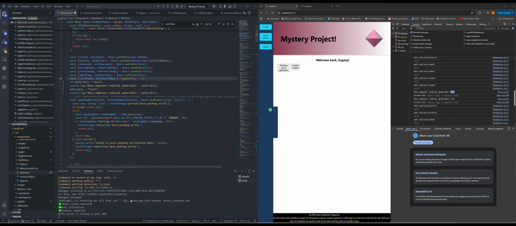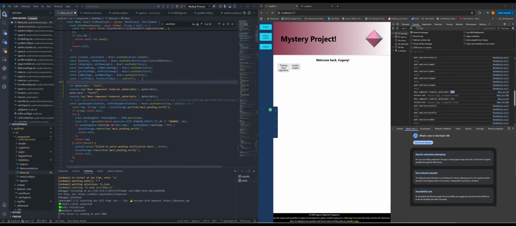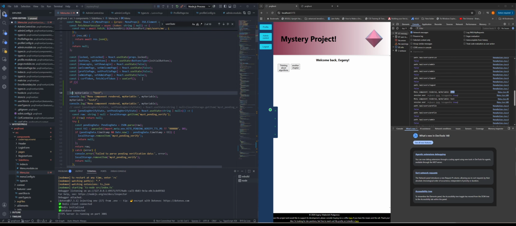So now we say, what is also an advantage of these let and const variables? We'll go here. So if true,